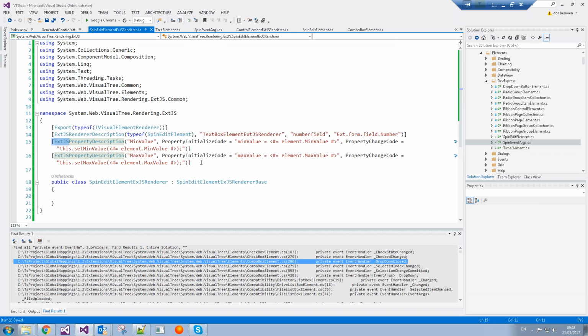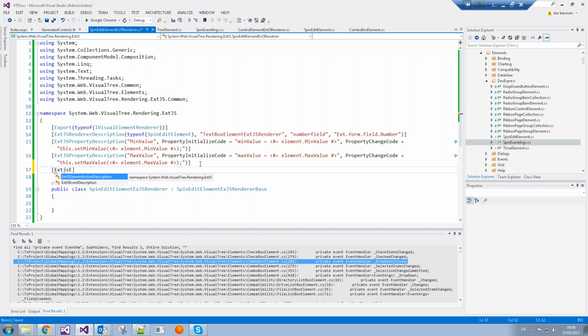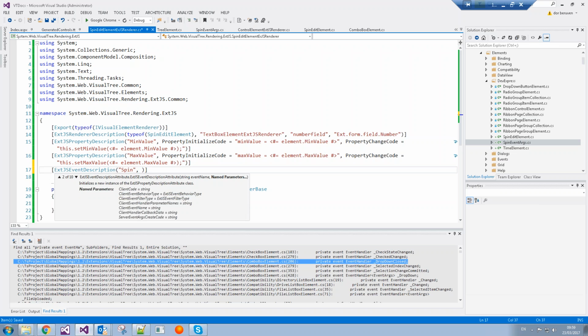Okay, now we have the XTJS event description. Let's open and close it. Okay, the first parameter is the name of the event that we have created in the model, so it would be spin. The second parameter is the client event